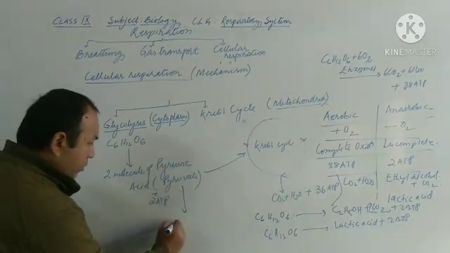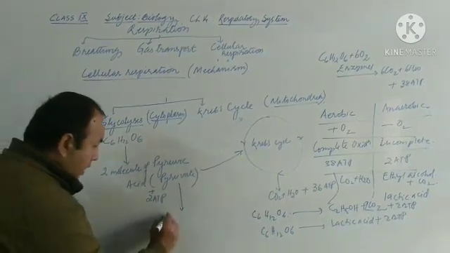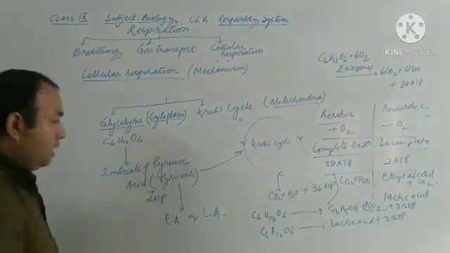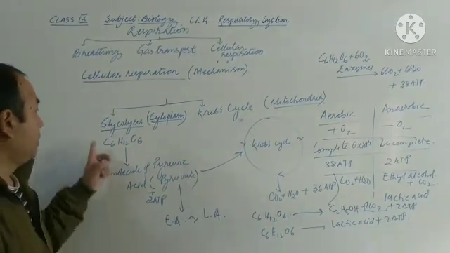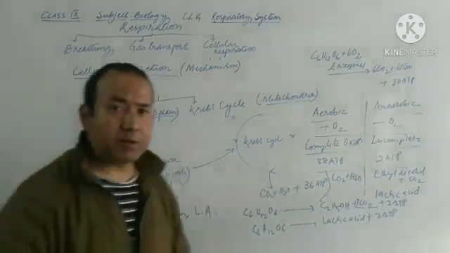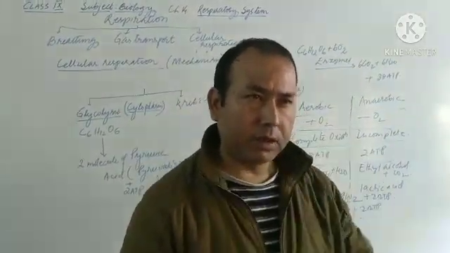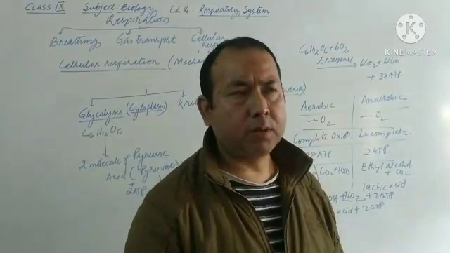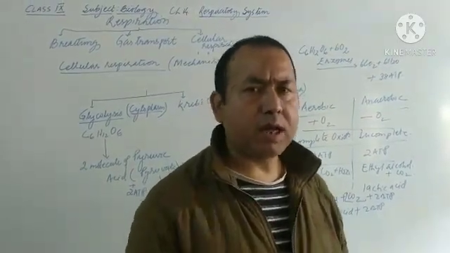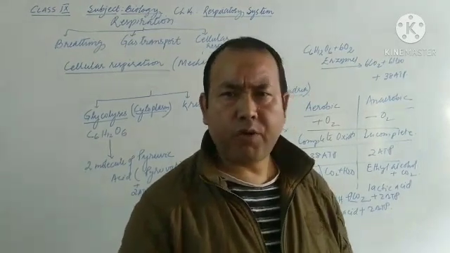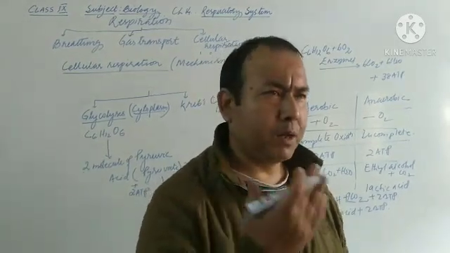It directly gets converted into ethyl alcohol or lactic acid. So anaerobic respiration completes in the cytoplasm only, whereas aerobic respiration usually occurs in both the cytoplasm as well as the mitochondria, involving both phases of respiration, that is